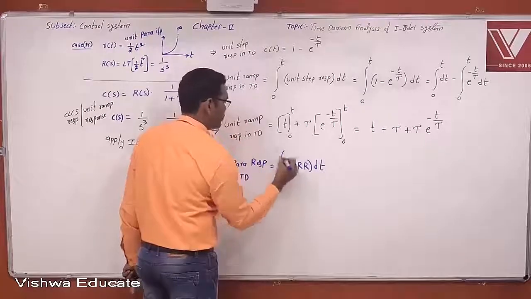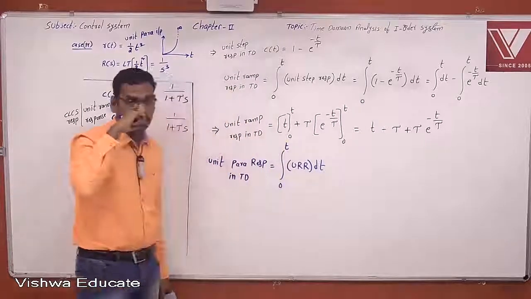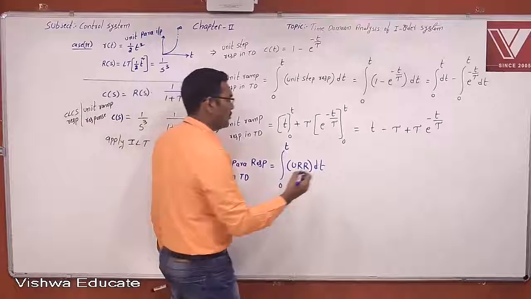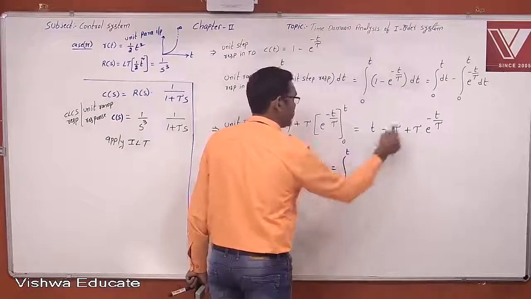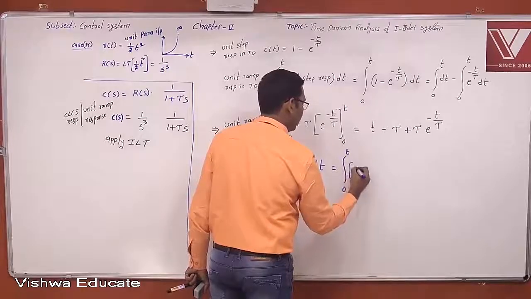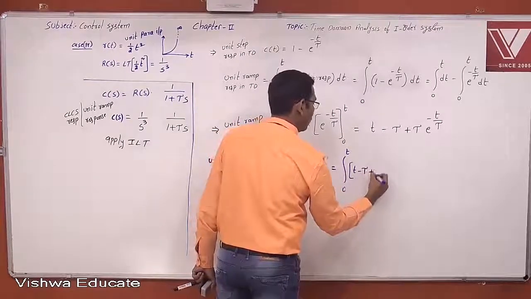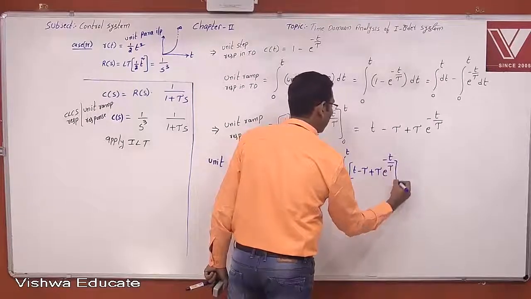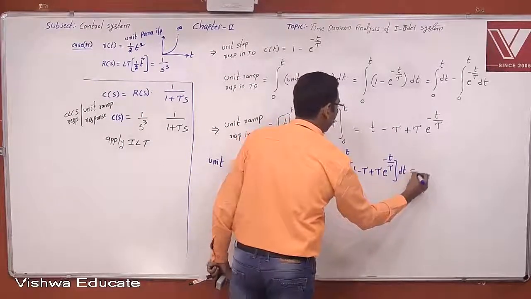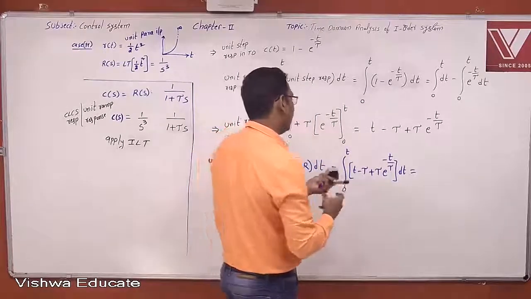Integrate the unit ramp response. Integration of t is nothing but t square by 2 or not. So which is nothing but integration 0 to t. Now this is the unit ramp response, which is t minus tau plus tau into e power minus t by tau into dt. Therefore, which is nothing but integration t dt is nothing but